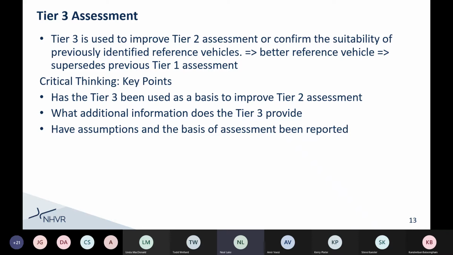And I think one of the key things to be looking for is what we can see sometimes, is that a supplier may just put a blanket statement that this bridge is suitable for XYZ vehicle, and there's no basis for the assessment. And I have seen that quite often, actually, in this particular field, and it's something that we need to be wary of. Now, you often see that when there are more unconventional strengthening measures that might have been undertaken to improve a structure, and it may be difficult to develop a basis for assessment. And so I'm not saying that that is not then a basis to use that as a reference vehicle down the track, but we do need to think carefully about